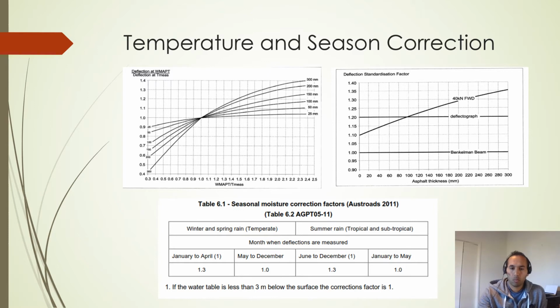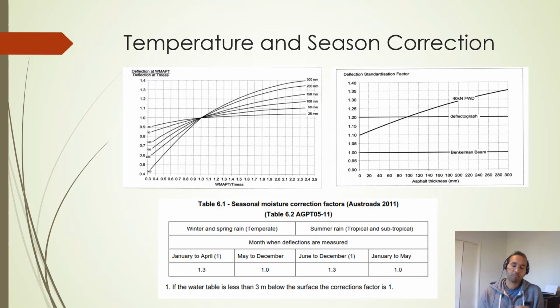So we've been provided deflection data for this site. Once we've been provided that deflection data, we need to carry out some adjustments to the data. So there needs to be temperature corrections, seasonal variation corrections. Have we been given deflectograph data, FWD data,